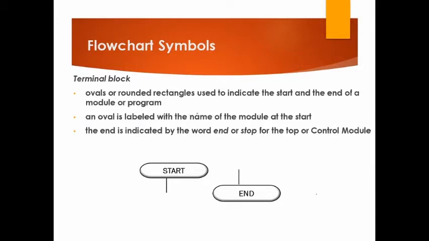An oval is labeled with the name of the module at the start, just like this, start. And the last one, it's the end. And of course, for the terminal block, the end is indicated by the word end or stop for the top or control module. So instead of end, you can also put here, stop, like that. Instead of end, you can choose. Next one,